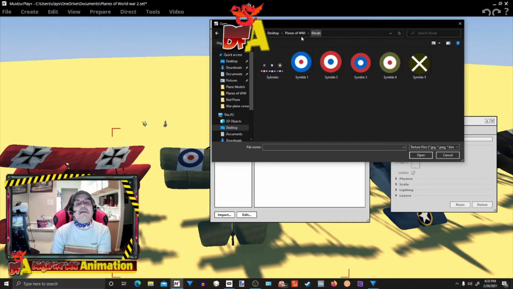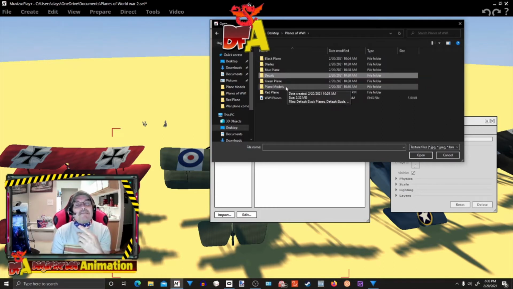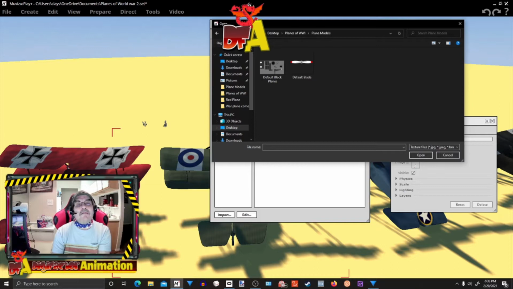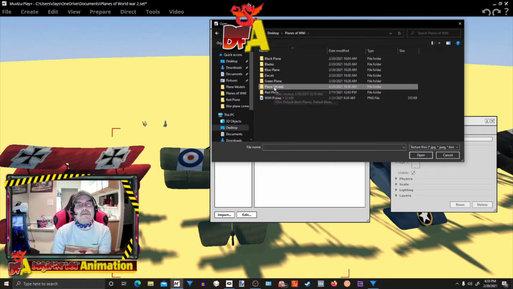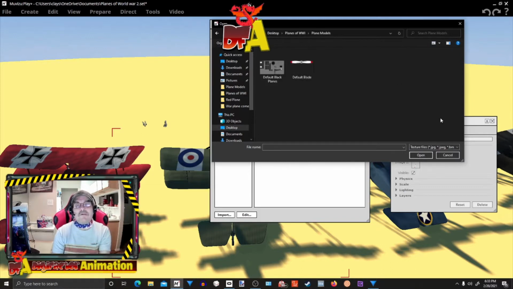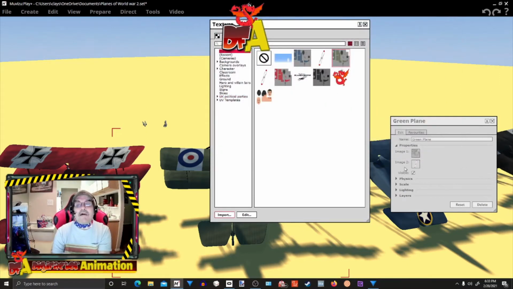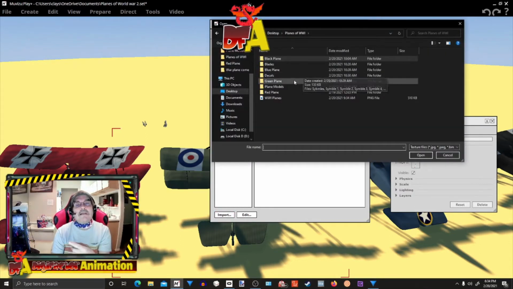So let me go back, and this folder right here is the model files of the plane, and I got 2 different versions of the model. So if I click on that, wait a minute, plane models. Okay, well it's not going to show up because we're trying to open something with Muvizu, so it's not going to show the model files. I'll show that to you in a minute. So anyway, if I go back again, and let's go to the green